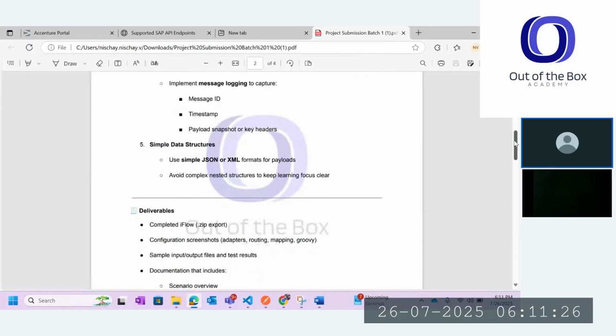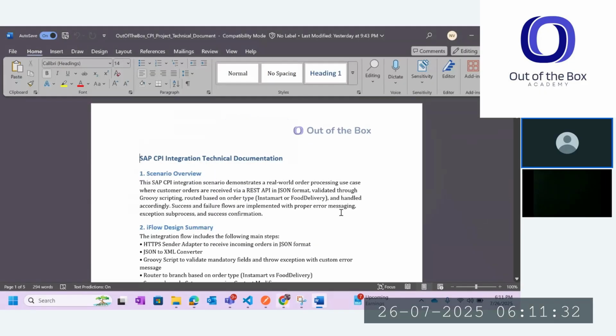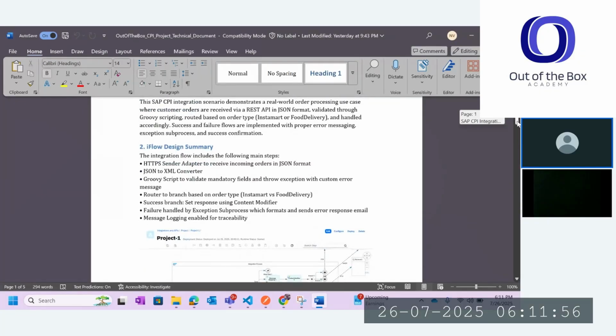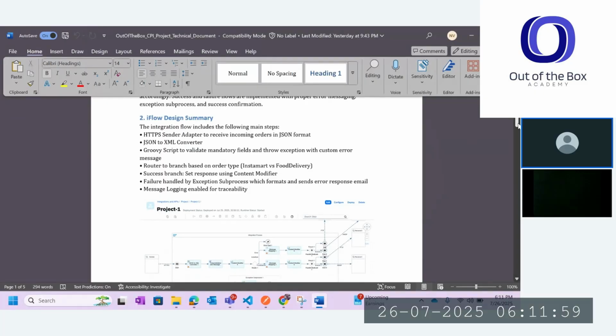So basically for these requirements, I have taken a real-time scenario, Swiggy, as an example for my implementation, and this is the document I have prepared for the implementation. The overview is that a customer places an order on a web service application where CPI receives the data in JSON format. Once CPI receives the JSON data, it will be converted into XML format, and then there is a small script included in the flow just to validate the incoming mandatory fields. I mean, incoming standard fields from the incoming payload, and then add some message logging into that payload, like naming